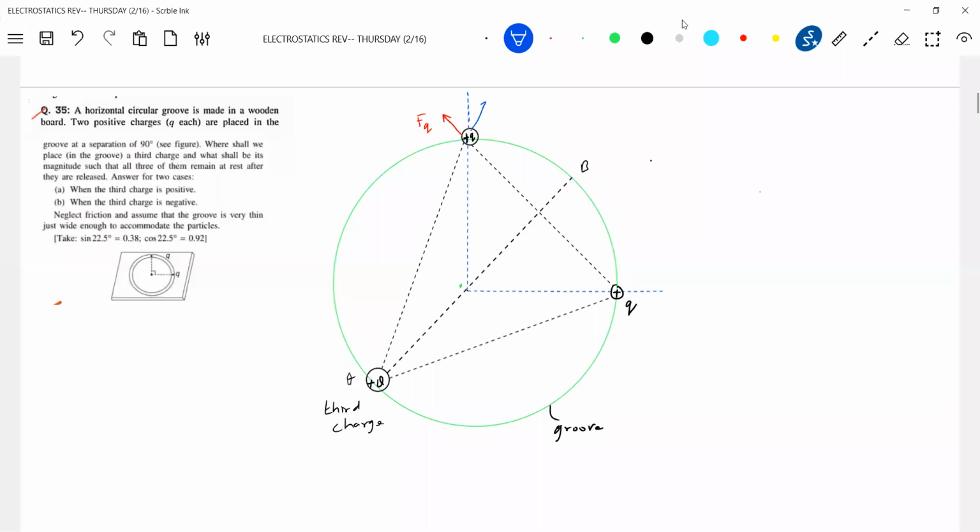Okay, due to this force, it will be like this. Let me take this as theta. This should be theta. Then this is the bisector, so this angle, let it be 45 degrees, 45 degrees. Then this angle will be 135. So 2 theta plus 135 should be equal to 180. So theta should be equal to (180 minus 135) by 2, so 22.5 degrees. That's the information he has given.